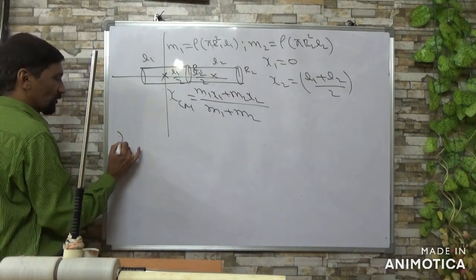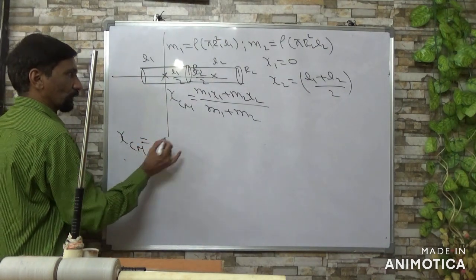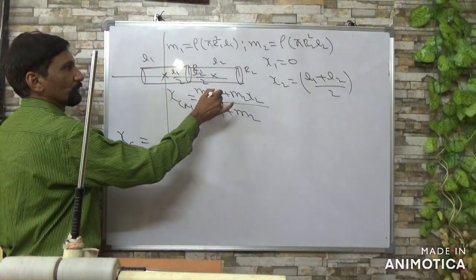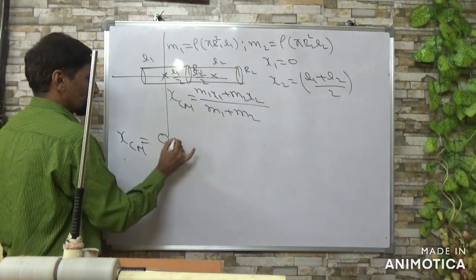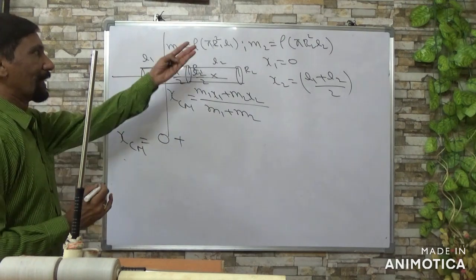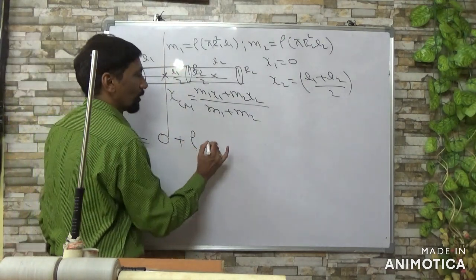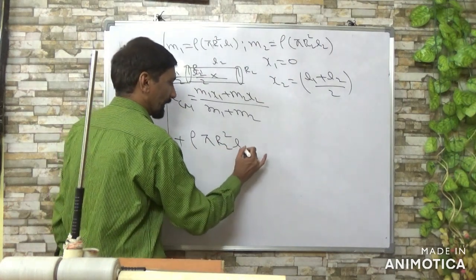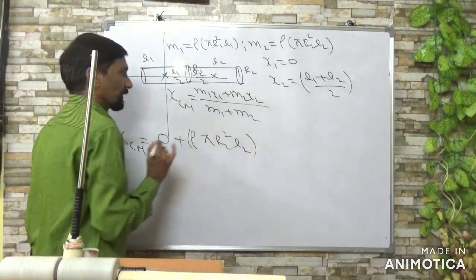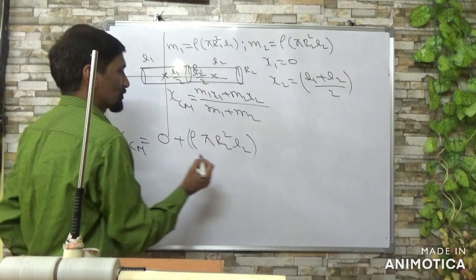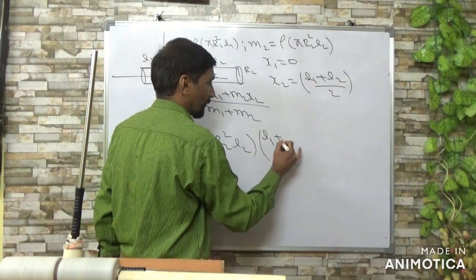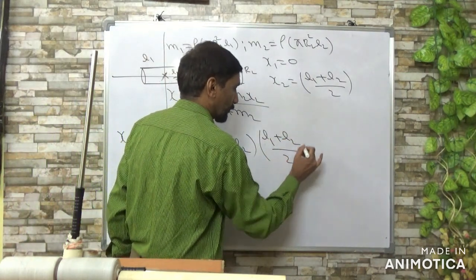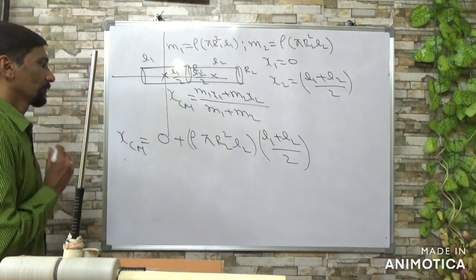That is, xcm is equal to first body mass into x1, which is 0, plus second body mass, rho pi r2 square into L2, into the corresponding distance, L1 plus L2 by 2,